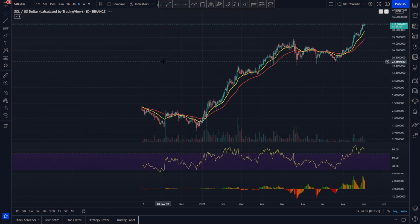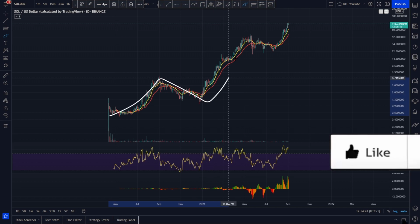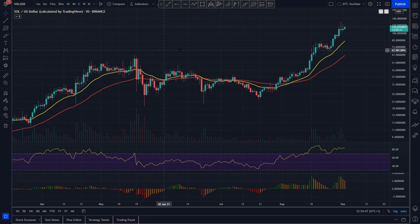You can see quite clearly it's just been on a massive tear for the entire year pretty much, hasn't it? It's had some very nice pump, correction, and now we're having another pump, aren't we? You can see this chart is looking extremely bullish. So if we take a look at what's going on here, you can see